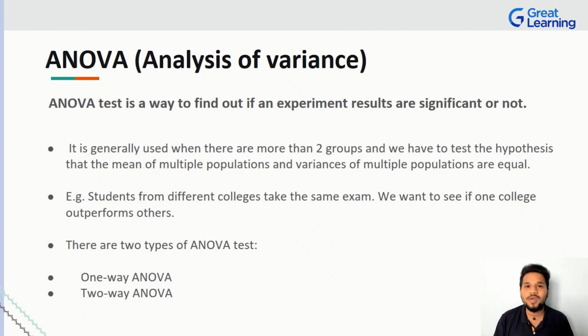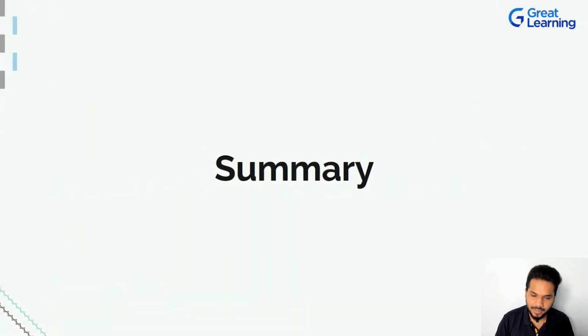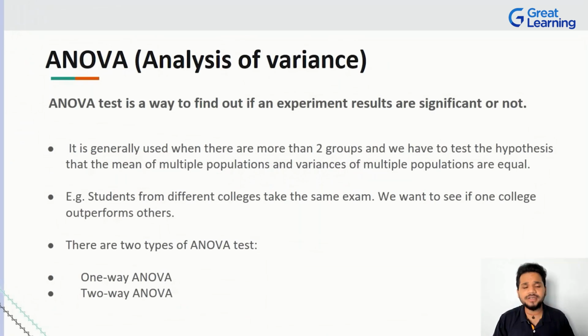In fact, there are two ways you can go about the ANOVA test: the one-way ANOVA and the two-way ANOVA. Going into the depth of one-way and two-way ANOVA can add to your confusion, but understand that everything we have discussed, probability, conditional probability, ANOVA, all these statistical testing methodologies, hypothesis testing, is very important as a foundation for all of your learning. So with that, we have come to the end of this course. Thank you so much for watching.